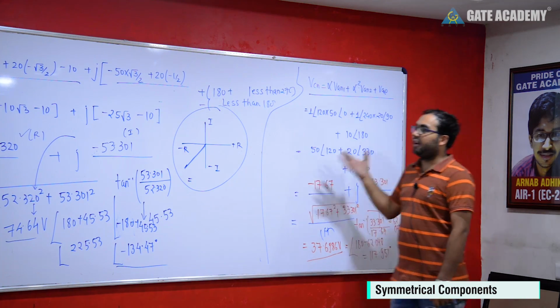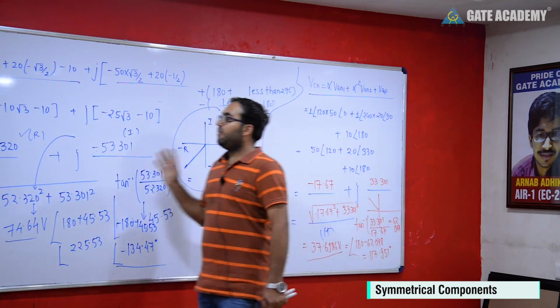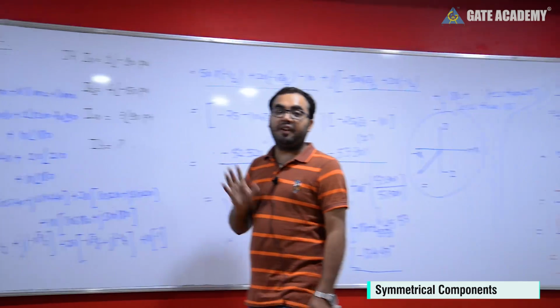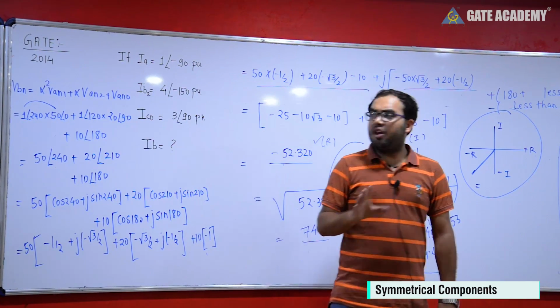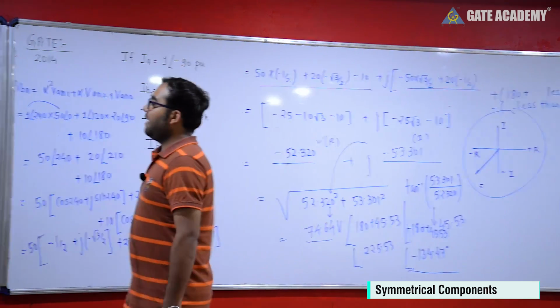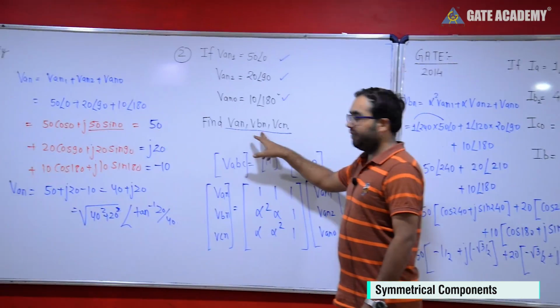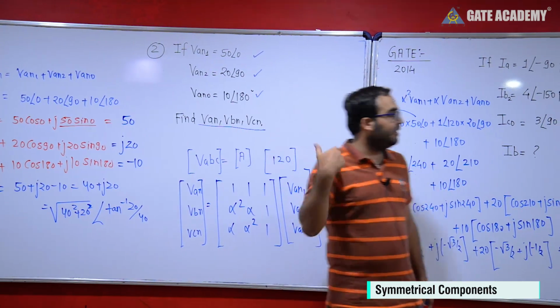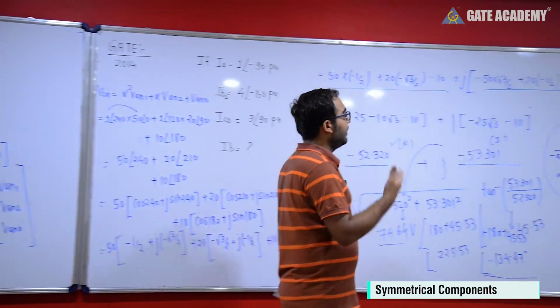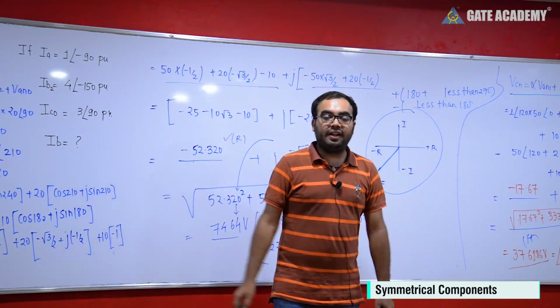You can calculate the value of unbalanced voltage by using phasors, and we are not using a scientific calculator here. We are focusing only on the GATE point of view, how to approach it in GATE. In GATE, if the question is asked, it will ask only one point, either VBN or VCN. It will not ask all three. So we have seen how to approach this question without a scientific calculator.